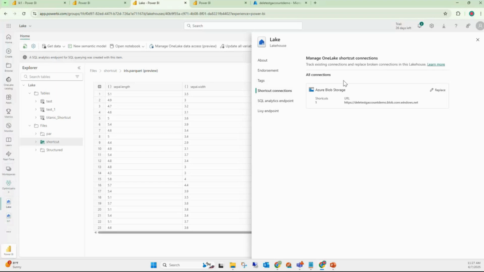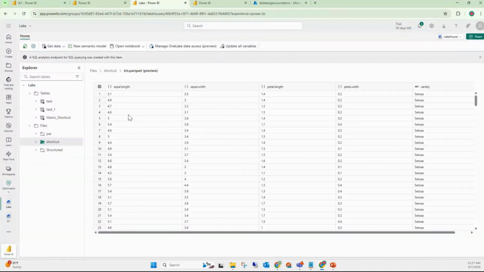Since now I created a connection to Azure Blob Storage, I'm able to see this connection here. For the internal aspect, there was no need for me to create any connection. Hence, those are not visible here. So as long as I create multiple connections to external systems or shortcuts to external systems, I'm able to see the shortcut connections here. So now let me go ahead and create a new shortcut